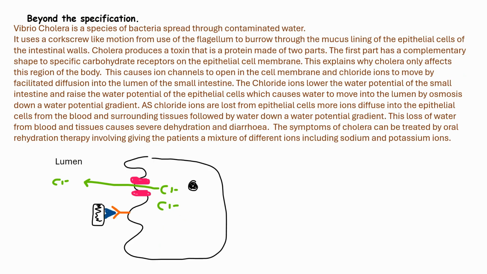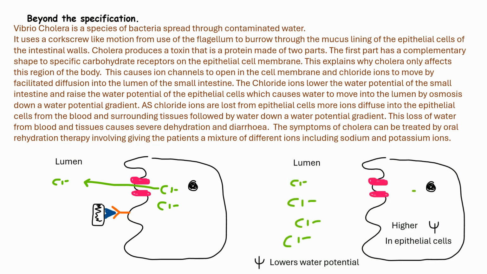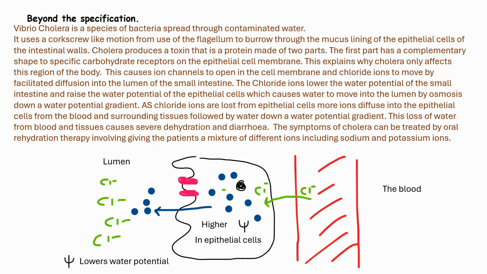and it causes chloride ion channels to open and chloride ions to move by facilitated diffusion into the lumen of the small intestine. What's that going to do if you pile loads of ions into the lumen of the small intestine? It's going to lower the water potential in the small intestine. And also, it's going to raise the water potential in the epithelial cells because there's less chloride ions now in the epithelial cells, which means water is going to move by osmosis into the lumen